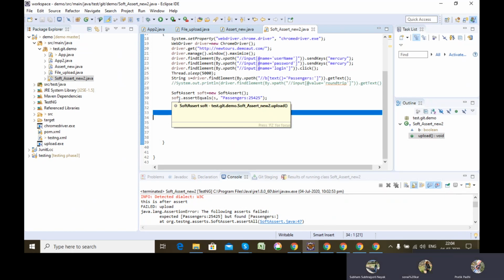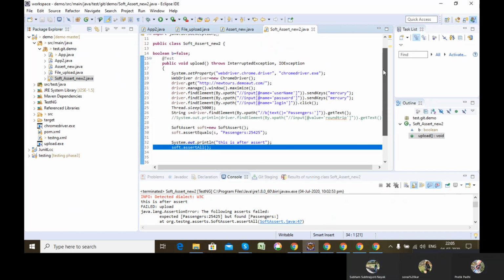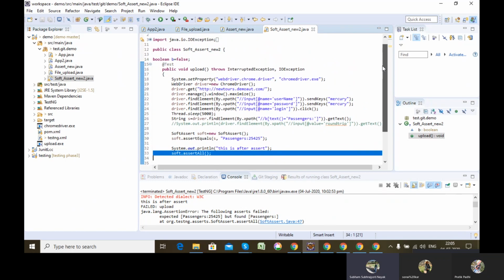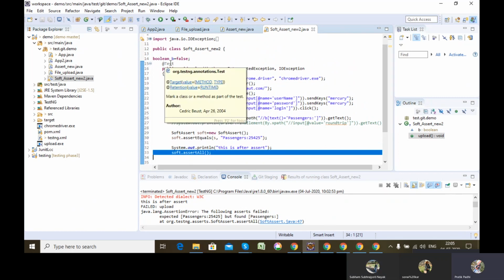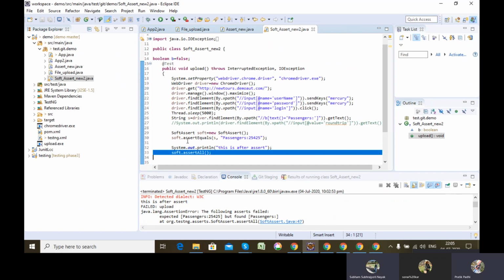Yes, sir. You only have to create a method for that, and under that method, you write all those codes. That is for one test case, and for another test case you will write other lines of code, because each @test is independent of the others. So if this particular test case passes or fails, in another @test you will have another test case's code, right? Yes, sir. That was my doubt in the last class.